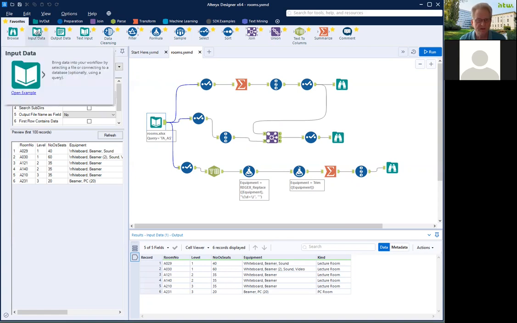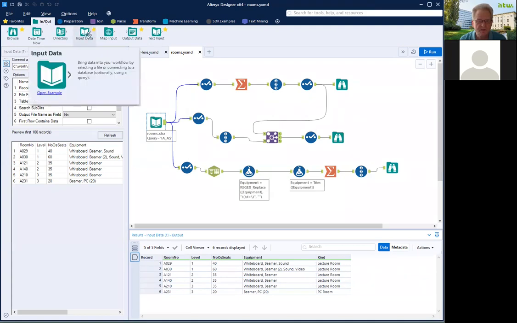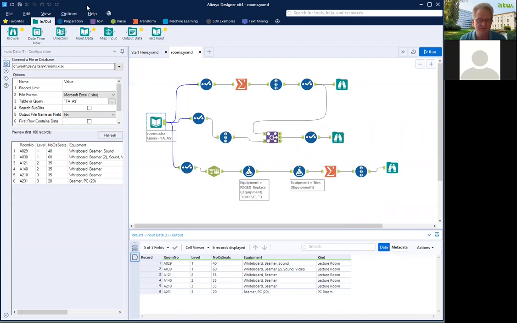So if I click on In/Out, favorites, In/Out, Browse, Input Data, then I have several ways to insert data. And the thing I have done here is reading from an Excel file, and of course I have to give it the path. On the upper left hand corner, you see I have used this room Excel file,